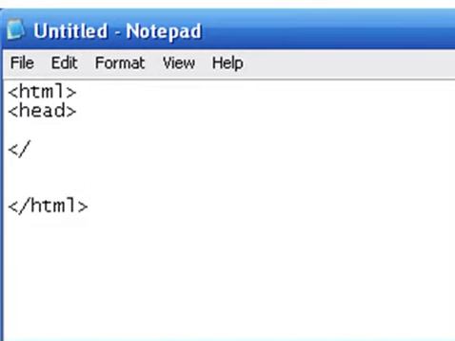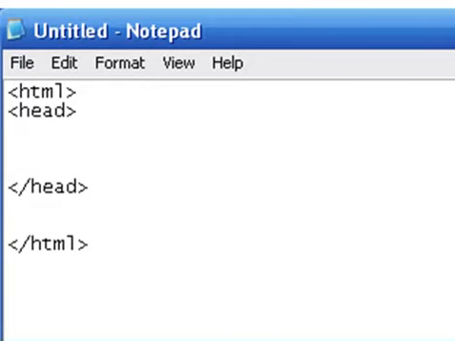Bracket, slash HEAD, bracket. Now then, in between the head tag is where our title tag goes. And this is the only purpose behind the title tag: to tell the browsers the name of our page. And slash